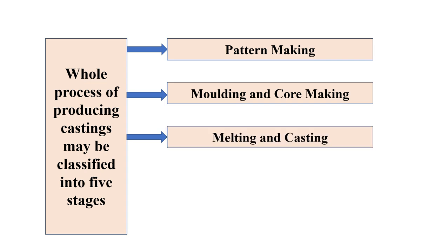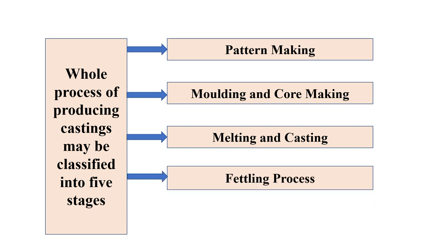Then the mold is prepared with the gating system. The metal is melted and then the molten metal is poured into the mold cavity with the help of a suitable gating system. Then it is allowed to solidify in the mold, and the solidified object is ejected by breaking the mold, or by taking apart the mold if it is prepared in more than two parts.